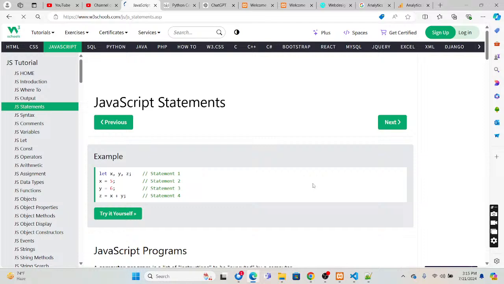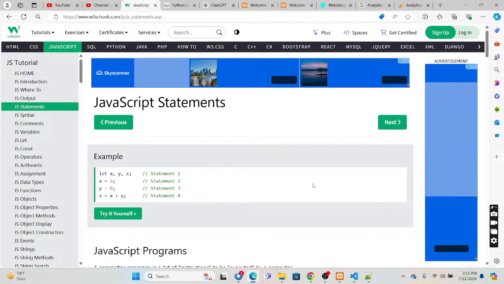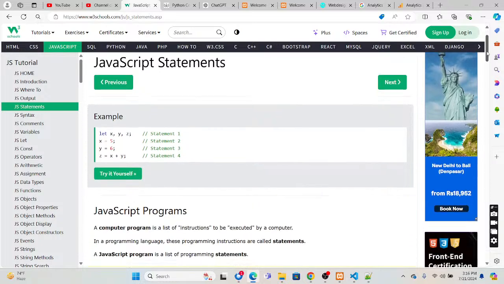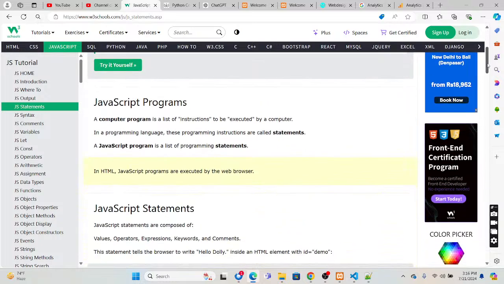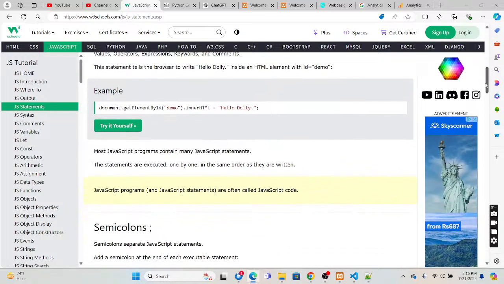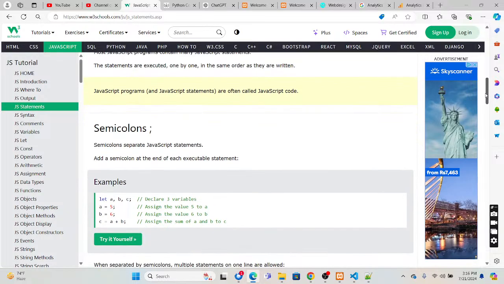Okay, so statements. Now let us go to the statements. It is like Java, but you have to declare variables with the let statement. Let x, y, z, z is equal to 5, like that. JavaScript statements consist of values, operators, expressions, keywords, and comments. Semicolon separates the JavaScript statements.